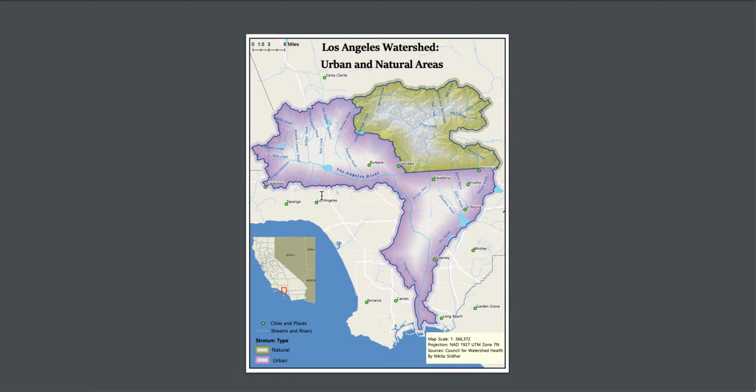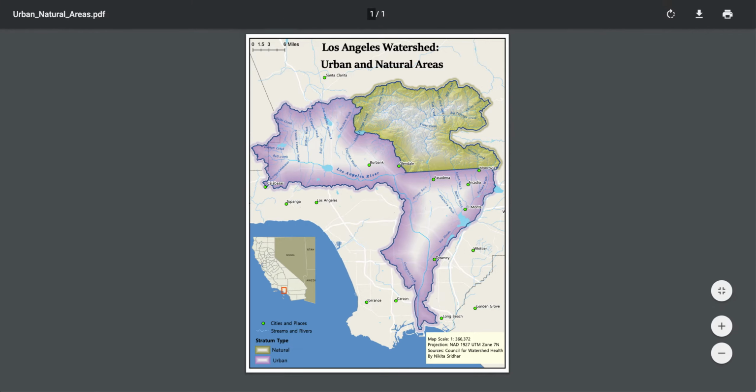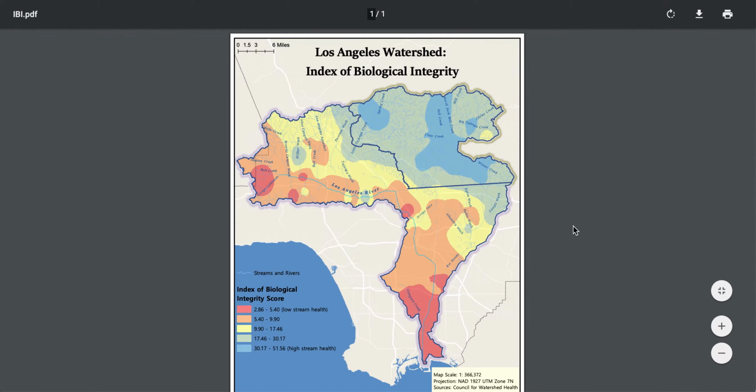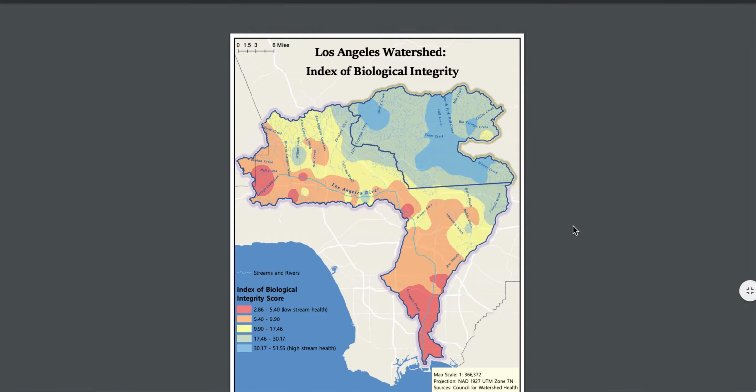I also generalized this map in a small scale indicator map in order to showcase the extent. And to create this map, I significantly generalized this coastline, reducing the amount of detail in regions like this around Long Beach. The second map I made is an index of biological integrity map, which is a metric to determine